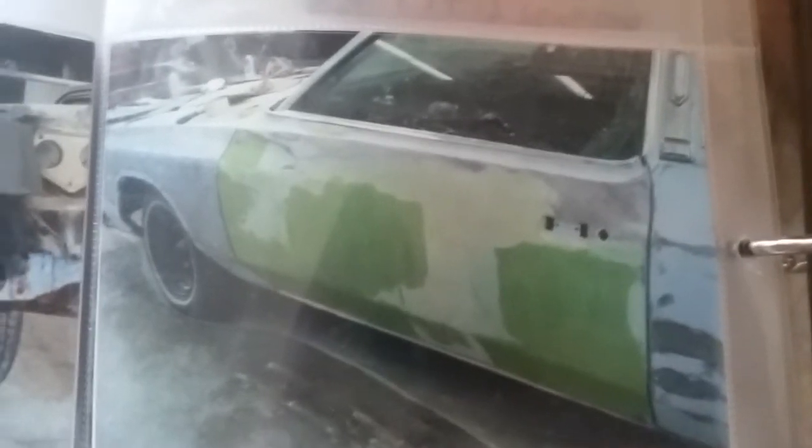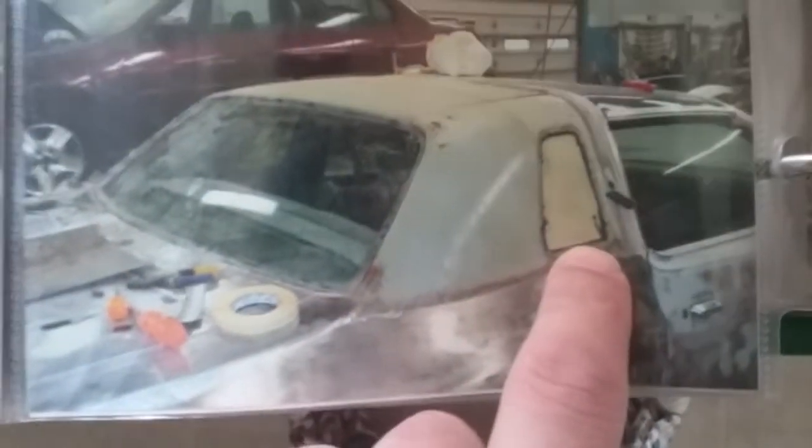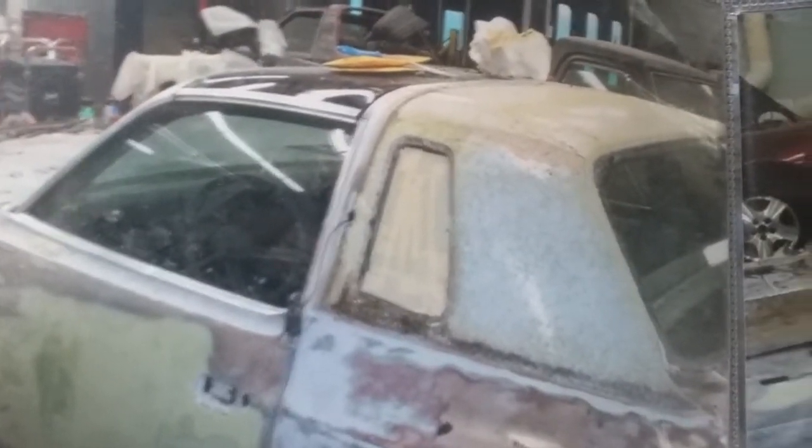It's not that good. I regret tearing the vinyl top off, even though it needed redone. What I do regret is grinding down the studs that hold the clips to put the molding back on. When I was in school, I thought it'd be a good idea just to get rid of the vinyl top. And I wish I didn't. I wish I kept the studs and got it redone. I like the way the top looks. And no, I bought this when I was 16, and I never drove this car on a public street,